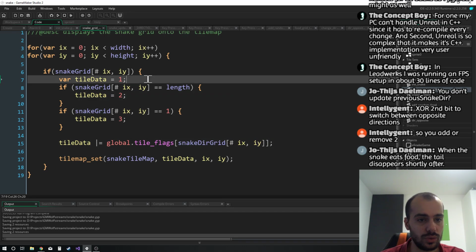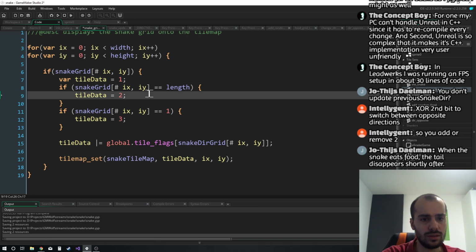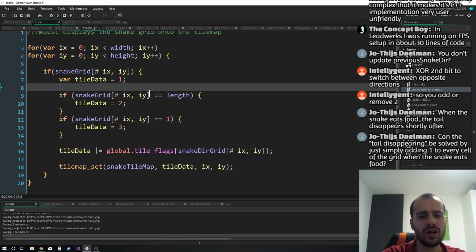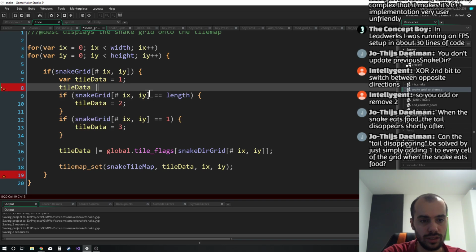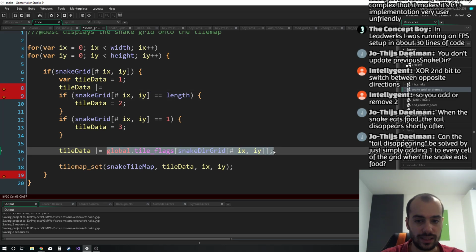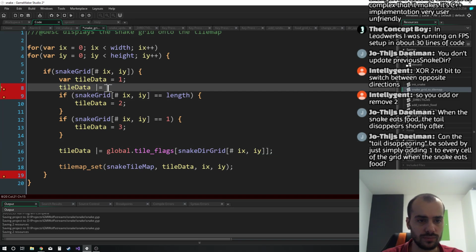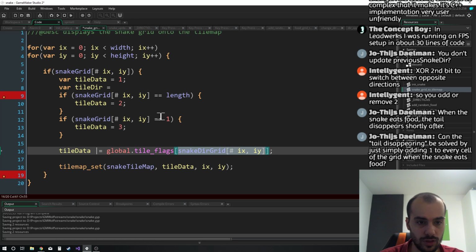So let's just do a quick... Okay, so if we are not the head and not the tail, we can do tile data OR equals our tile flags for... tell you what, let's just do this, var tile dir equals the direction